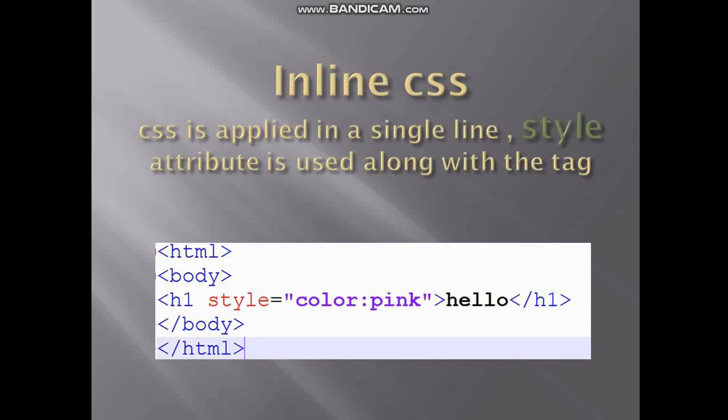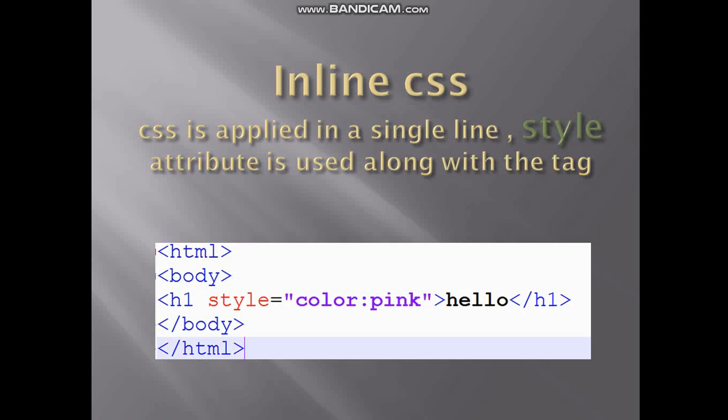Now I will show how the inline CSS works. Inline CSS, here you can see that I used the H1 tag, style is used as an attribute, color is the property in the style attribute, and pink I passed as the value of color. So mainly style is an attribute and the thing you are seeing in purple color, that is in quotation, is color is pink. Okay, so style attribute, and here its property is color and I have given the value pink.